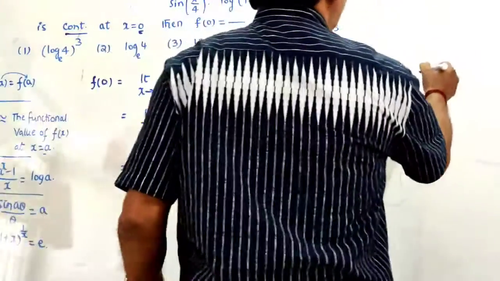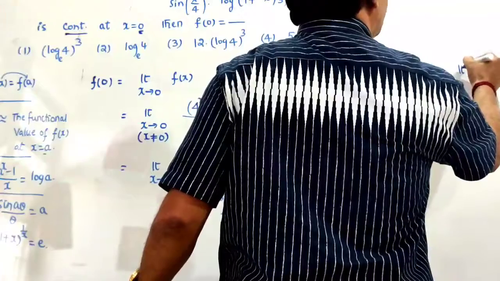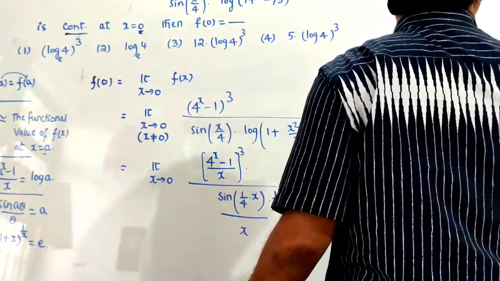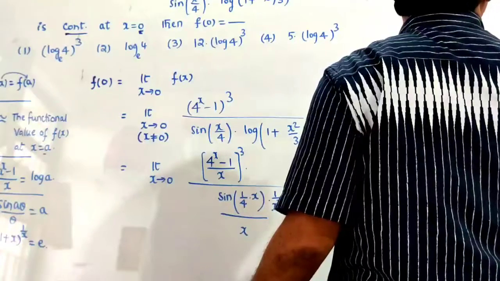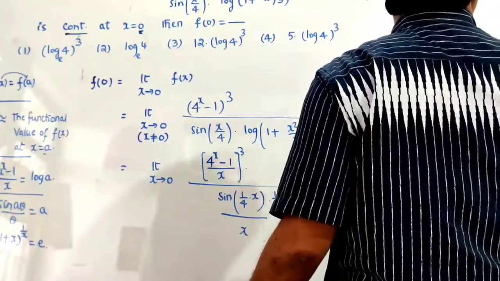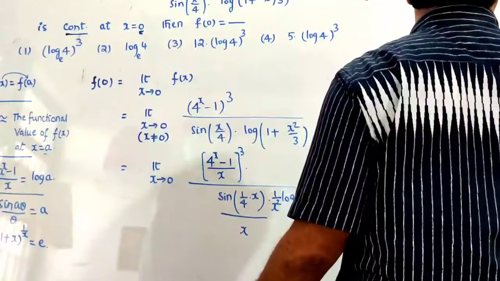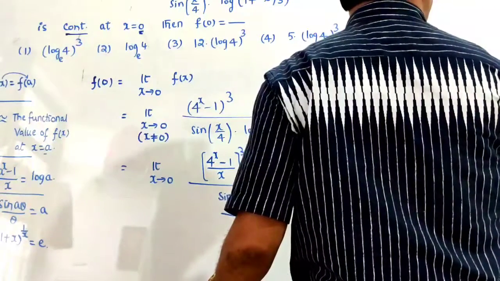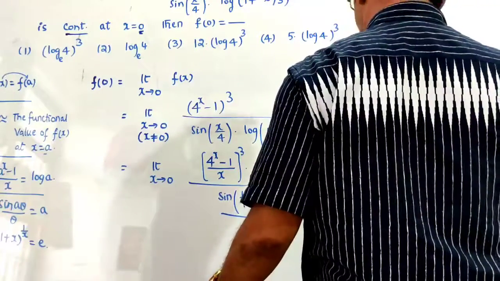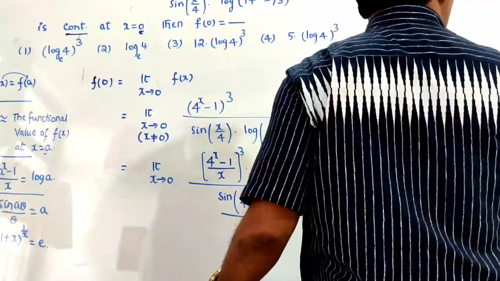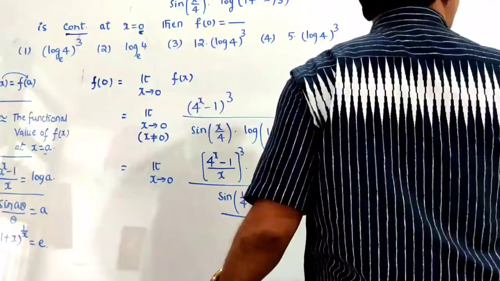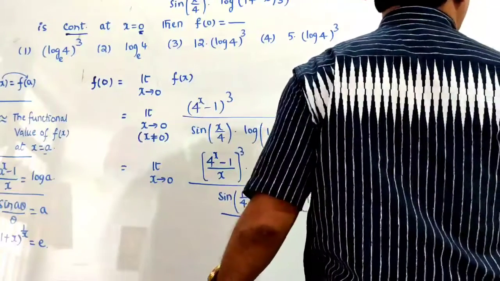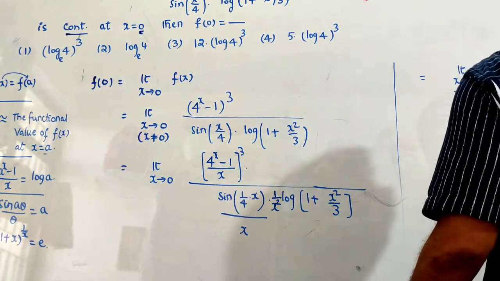That is equal to limit x tends to 0, 4 power x minus 1 divided by x whole cubed, divided by limit x tends to 0 sine of 1 by 4 into x divided by x as x tends to 0, into limit